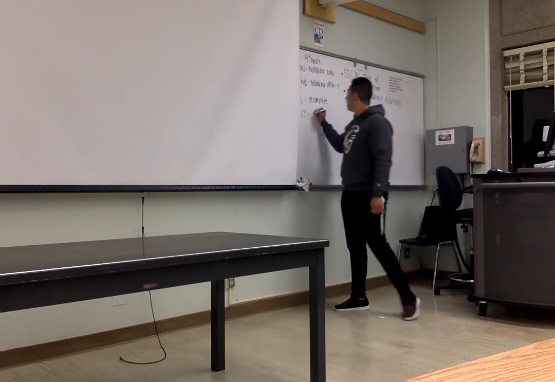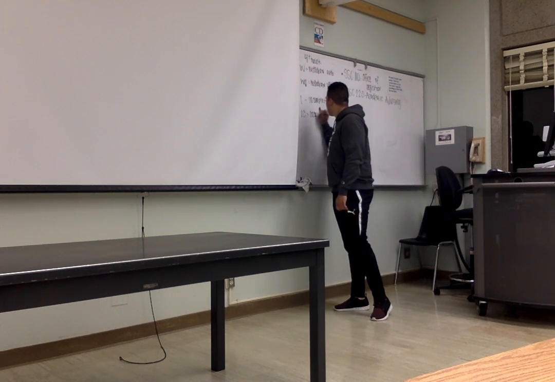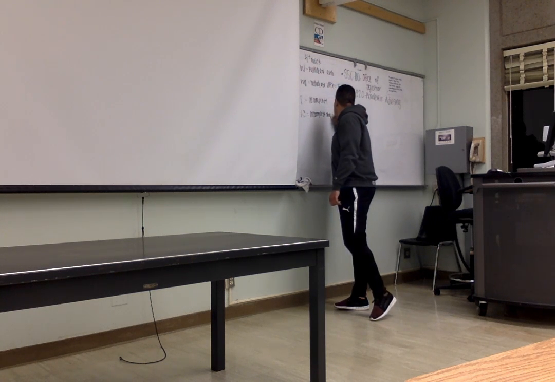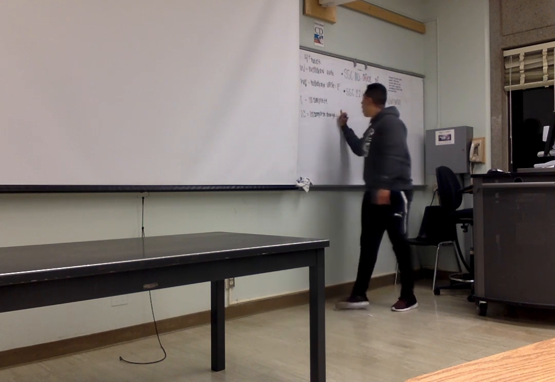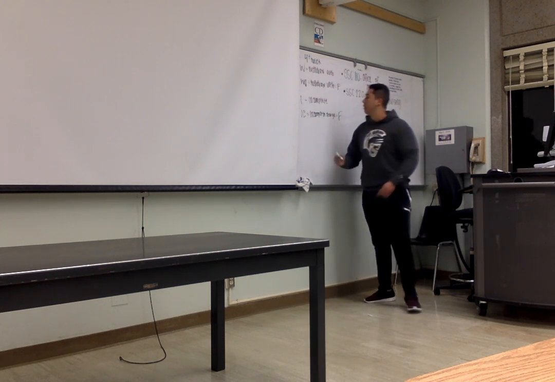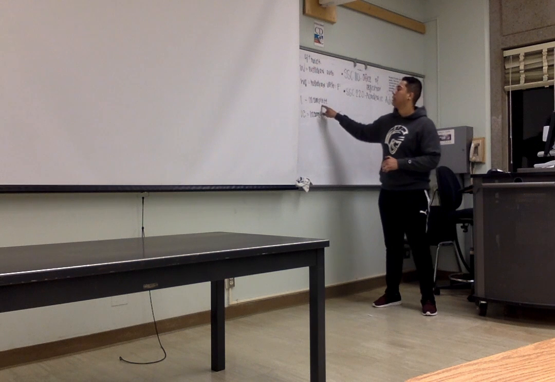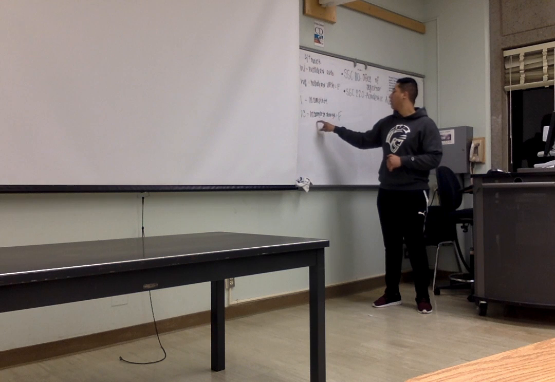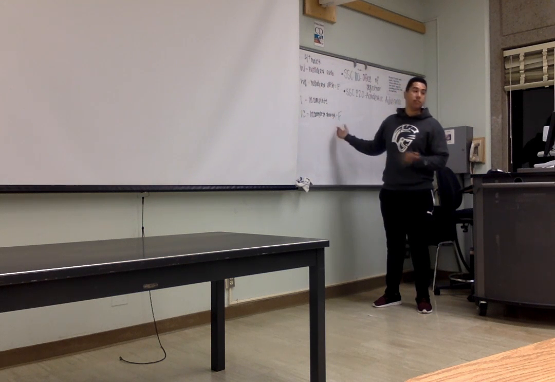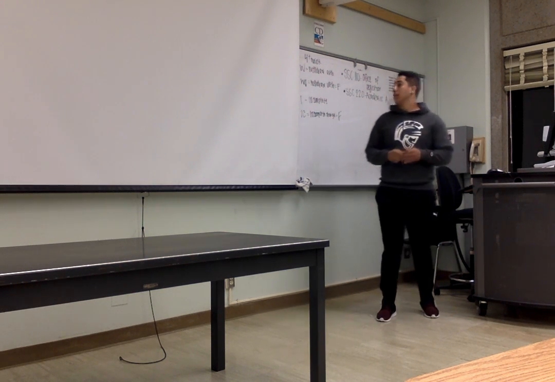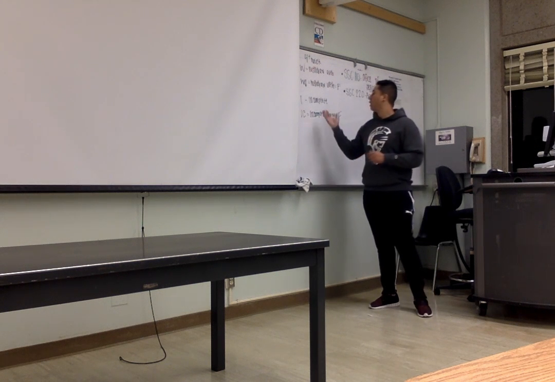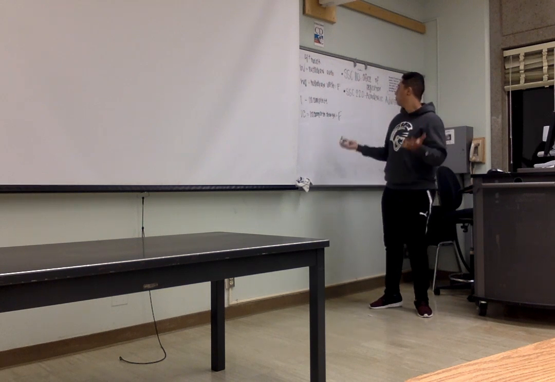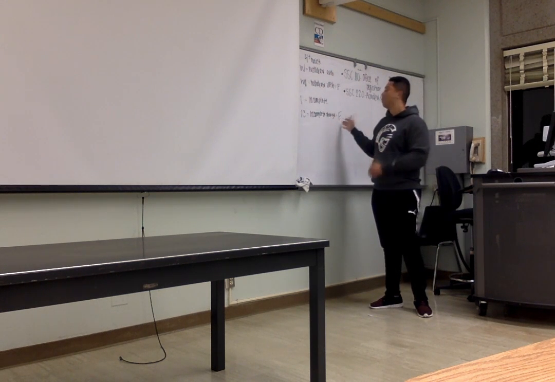An IC is incomplete charge. Also an F, meaning you failed to complete this agreement that you made with your professor. So once you fail, that's now going to become an F on your transcript, which is also no good. Whatever the reason why you didn't complete that agreement, you forgot, whatever that reason was, you have an F now.